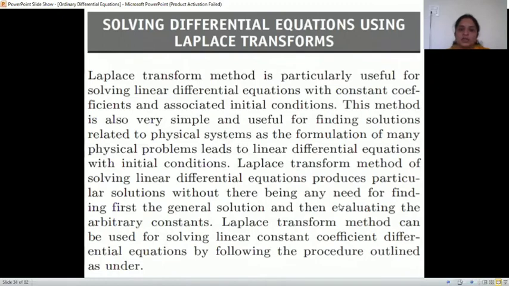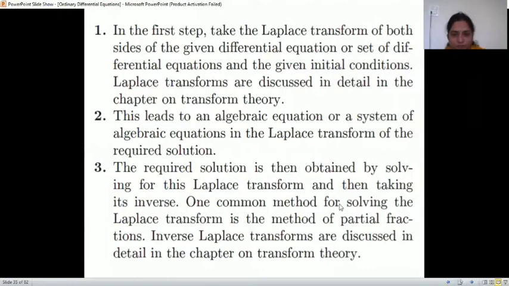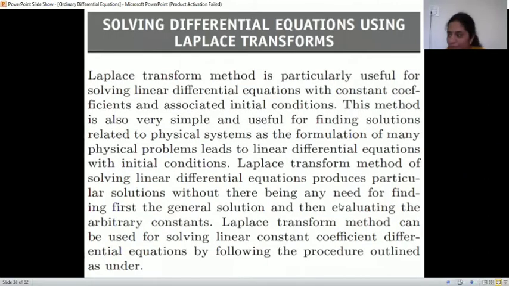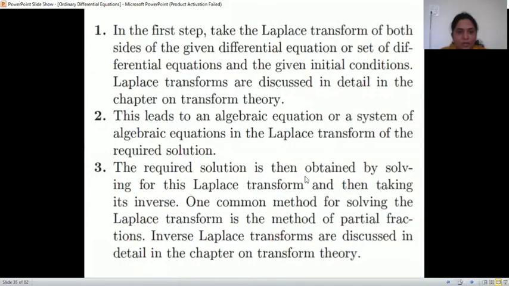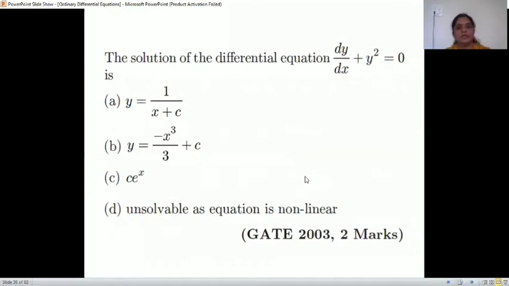Okay, next is solving differential equation using Laplace transform. So how to solve this is, we know how to solve this by Laplace transform. We have to take Laplace transform on both sides, and we have some formulas of Laplace. That is Laplace of y dash is s y bar minus y of 0. Like Laplace of y double dash is s square y bar minus s y of 0 minus y dash of 0. Right? We have seen this. Then we'll go directly towards the question.